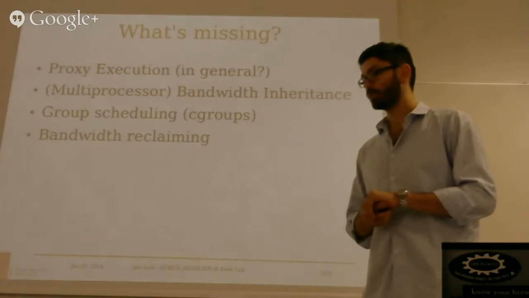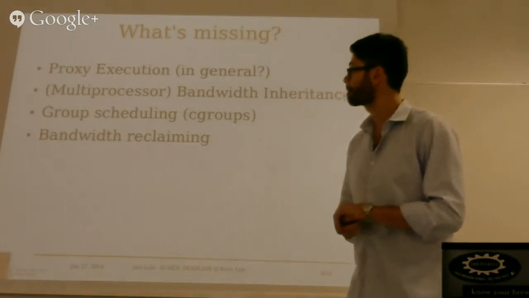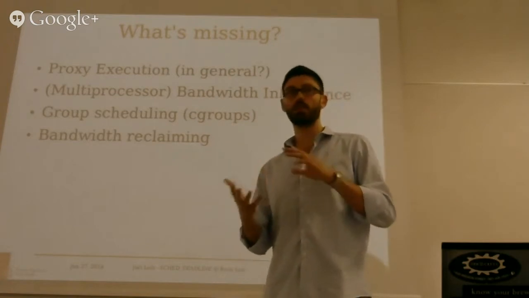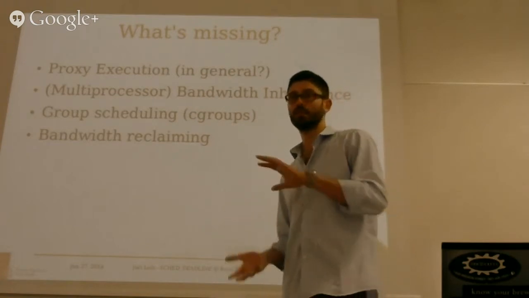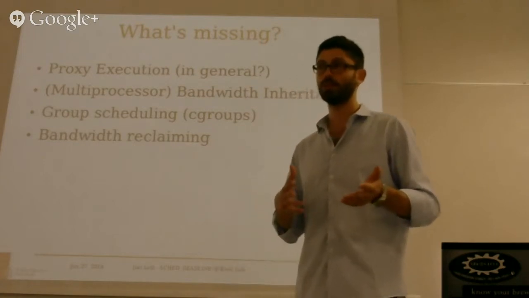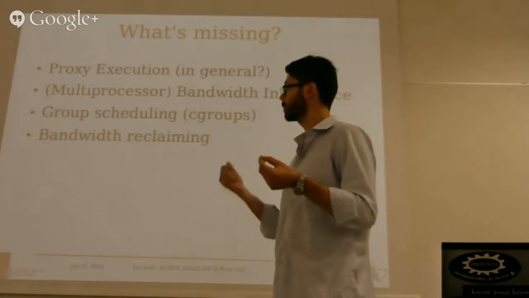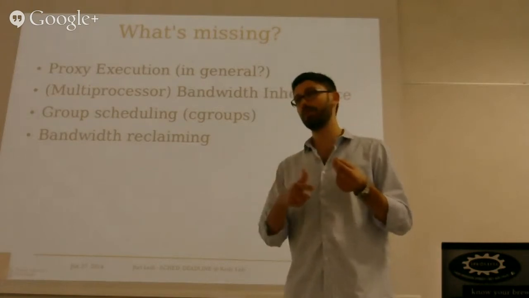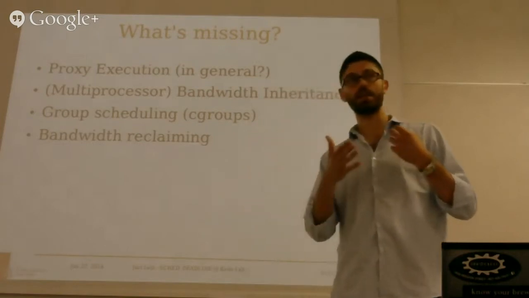We have already implemented the same thing you have with priority inheritance for fixed priority scheduling: deadline inheritance. So instead of inheriting the priority, you just inherit the deadline. But the problem we have right now is that when you inherit the deadline, you are outside the bandwidth